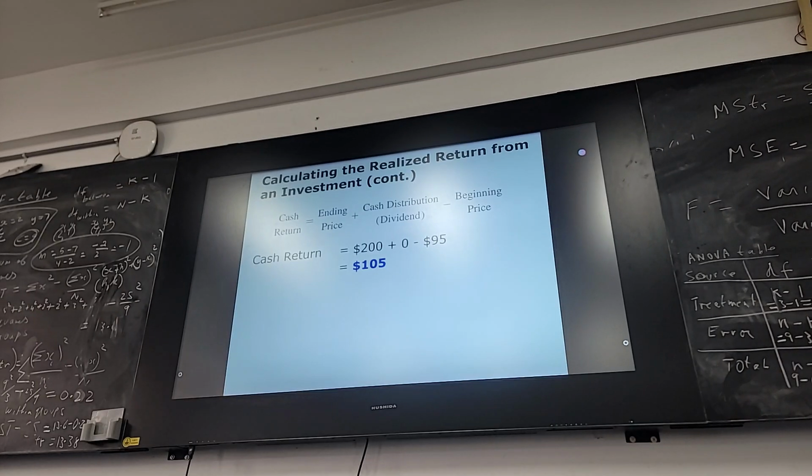And then how do you get money back from your investment? What is your return? Where does your return come from? You can get a cash distribution from the investment. They can pay you a dividend. If this was like a bond, they could pay you interest. If this was like an apartment, you could get rent, any income. And then you can sell the asset or the investment at the end for the ending price. So there are basically two sources of your return on an investment. Any cash distribution you get,